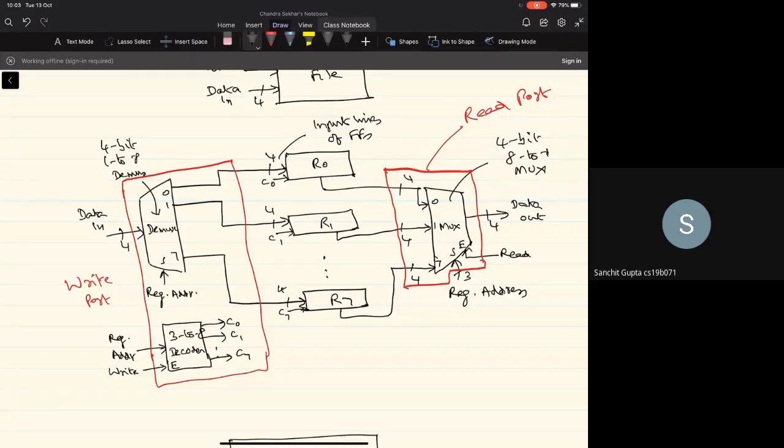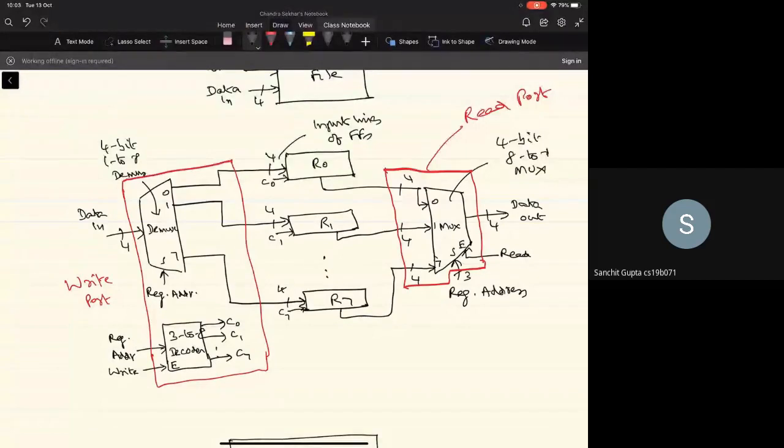Any questions about that? Okay. So what you have looked at is a simple memory structure, where we can store the data and read the data from one of the registers. But this forms a very important component because this register file will be on the processor very close to the arithmetic and logic unit.